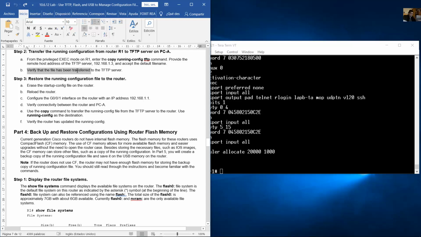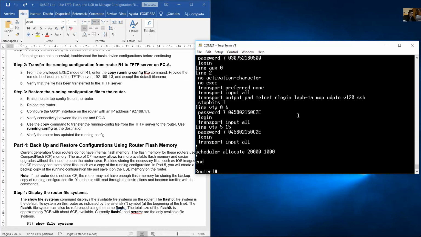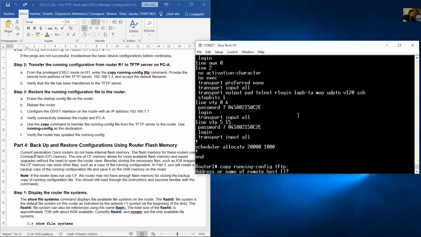Verify that the file has been transferred to the TFTP server. Okay, this is the router, and transfer again, copy running-config, and the destination is TFTP colon. Okay, TFTP server. Enter. IP address of the TFTP server, 192.168.168.169,